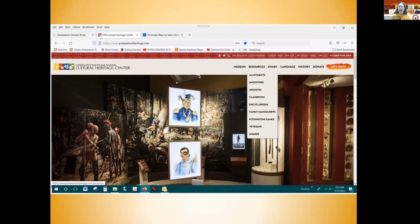And at one time I call them the gray document boxes, family collections, family deals, and they're usually by family. But we were able to separate those documents. It's been a number of years now so you can go in by name. So here at this, you see the resource, and you have allotments, ancestors,